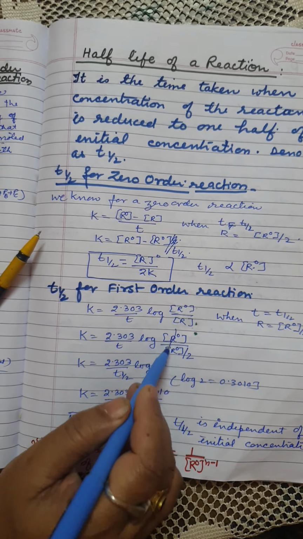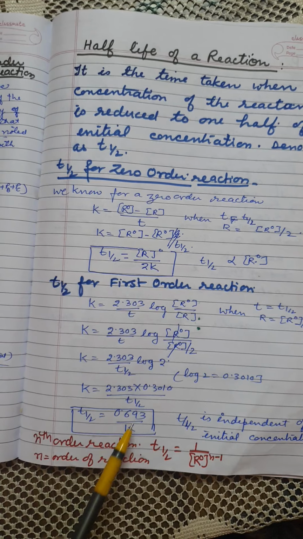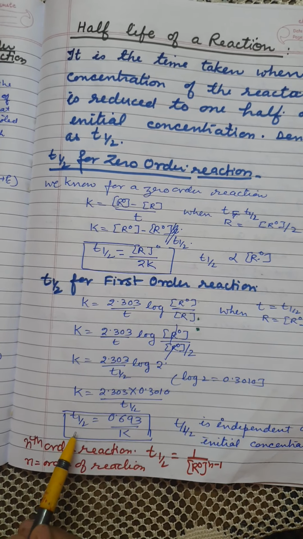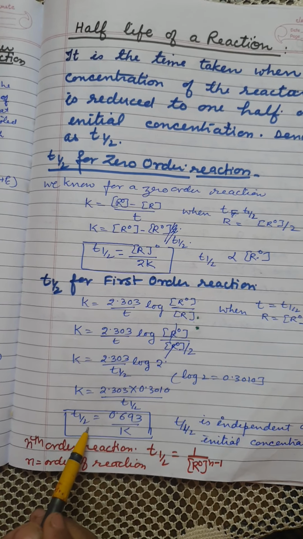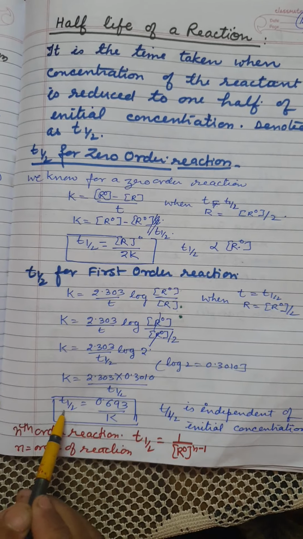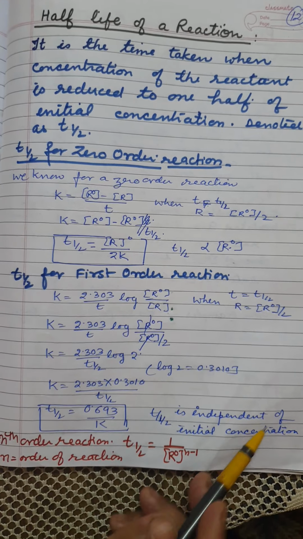The value of log 2 is 0.3010. Putting this value in this equation, we will get T half is equal to 0.693 upon K. In this expression, R0 is not there, indicating that T half of a first order reaction is independent of initial